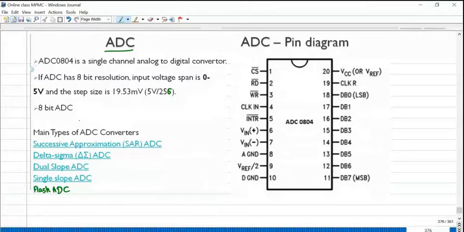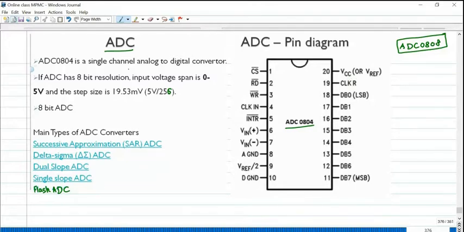I have taken the example of ADC 0804. As an assignment for you, please note down ADC 0808; you have to interface ADC 0808 with the microcontroller. I'll tell you what is the difference.